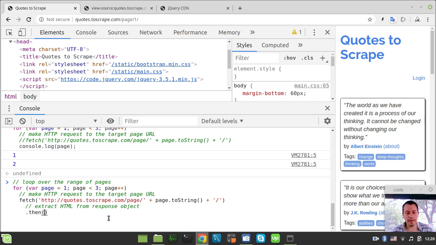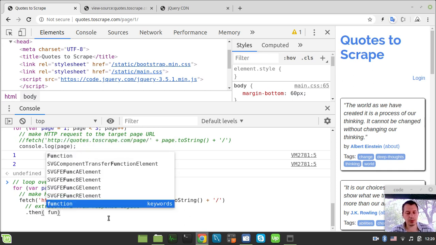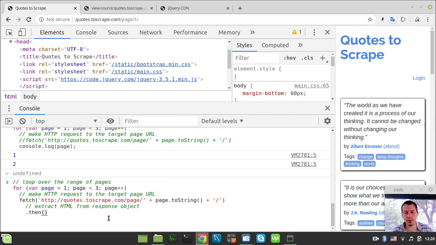So .then and function. We don't even need function. We can use the arrow function definition here. So response and arrow function, so it would return the response.text, like this. And in this case, here